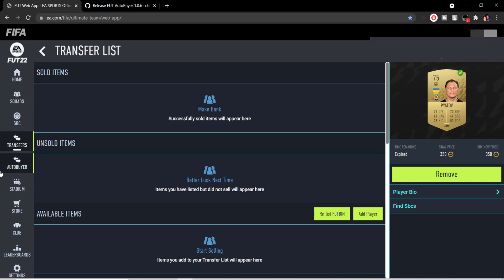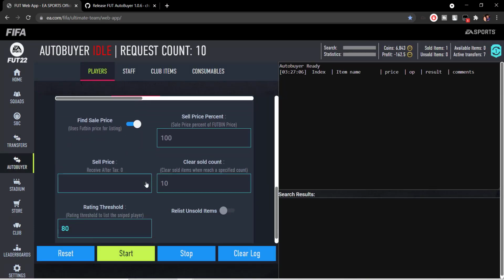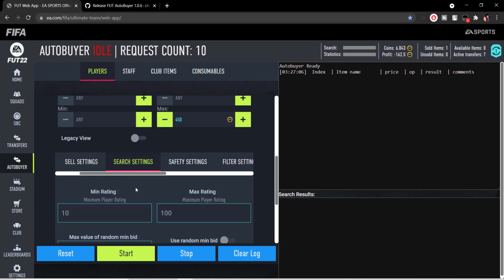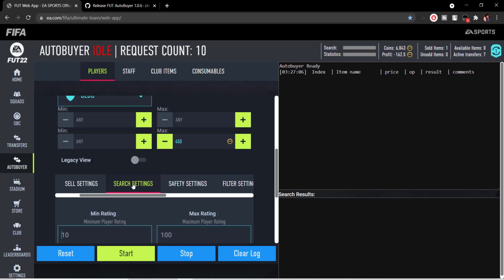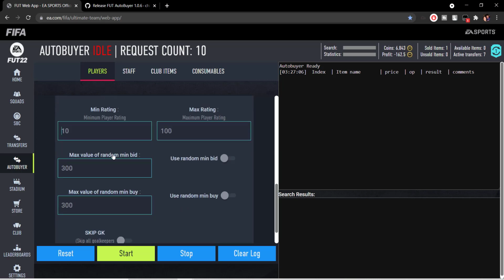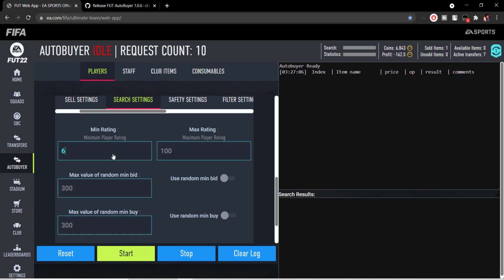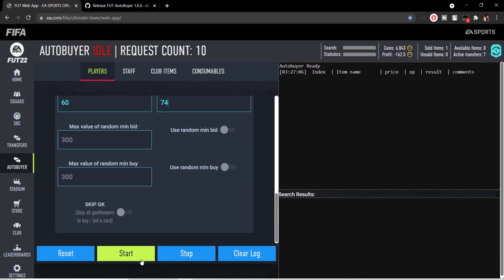Yeah, so let me go to the next settings, which is the search settings. In search settings, you can filter the result further. For example, even after getting the result, you can say only bid on the items whose rating is between this and this. I am again using gold common, and if I use 60 and 70, maybe 74, all the gold commons will be greater than 74. If I start now,